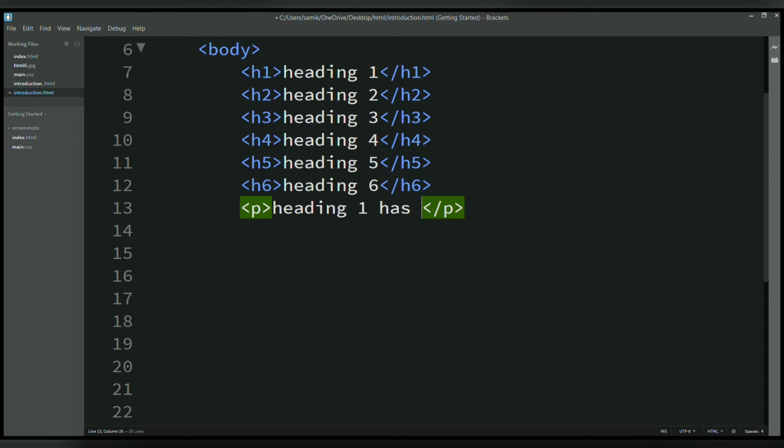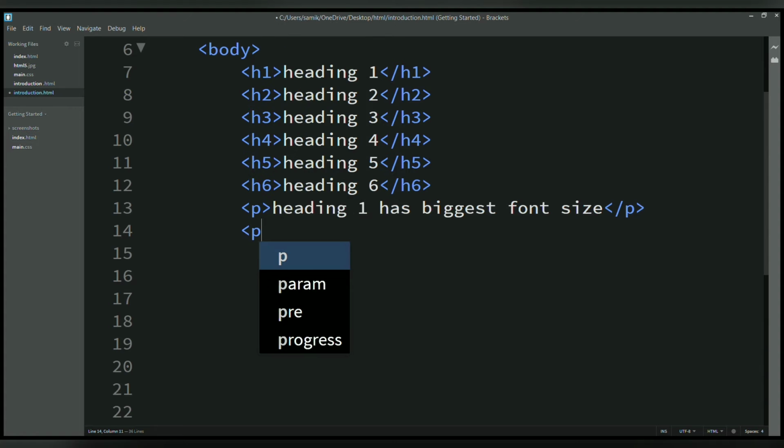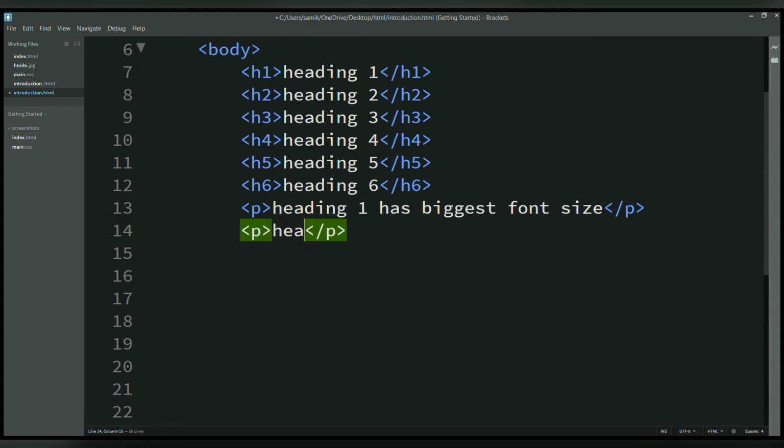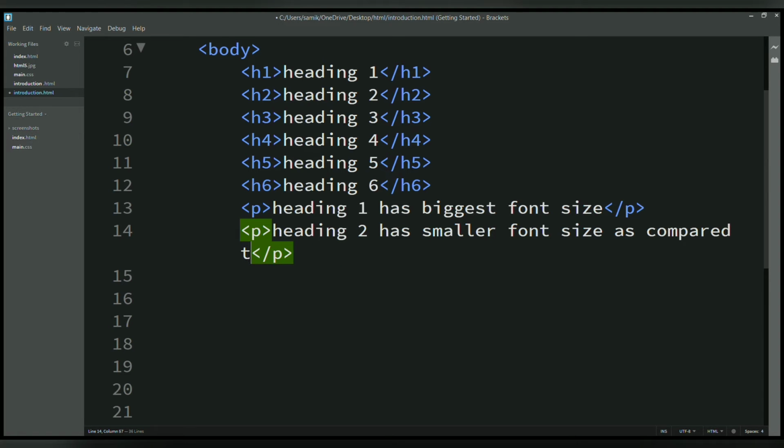Heading 1 has the biggest font size, and I can write many lines in a paragraph, so I will write here heading 2 has smaller font size as compared to heading 1.